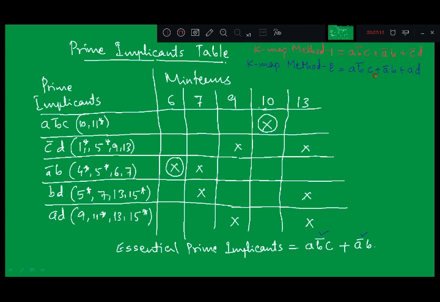Here I'll try to get the second expression first, because the ink color is blue, right? I do not want to change the color of the ink. So now I'll try to obtain the second expression. A B bar C is there, right? Then A bar B is there, right? I want AD. How to obtain this AD from the prime implicant table?